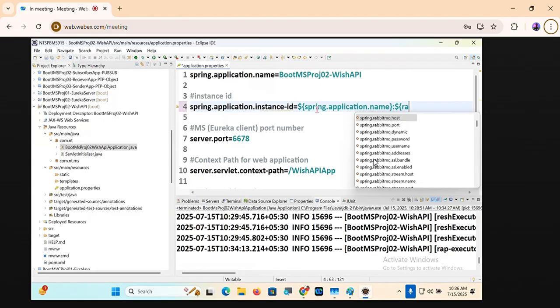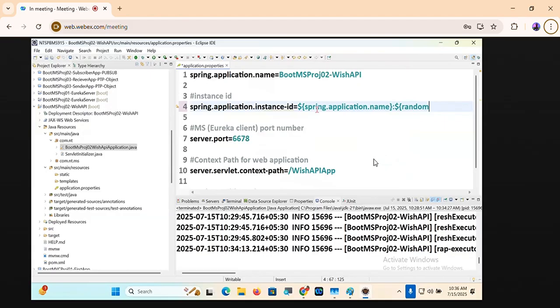This random is a predefined one. Some random number I am trying to take as the instance ID. Okay, but to get a feeling of which service is running in the MS, what I do is